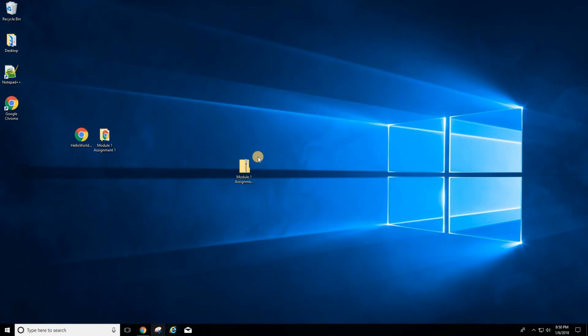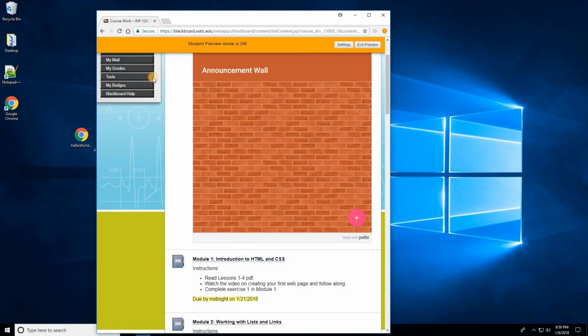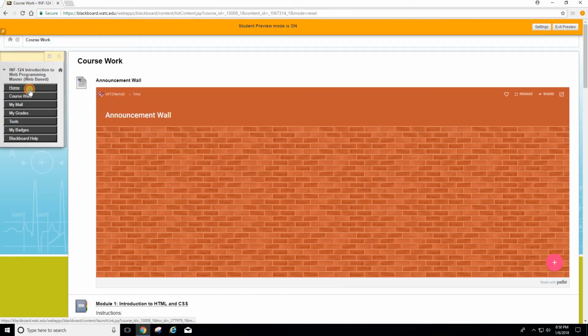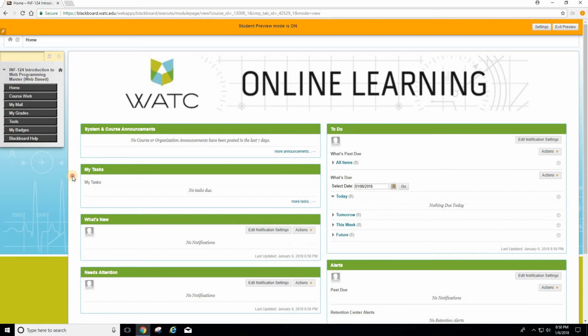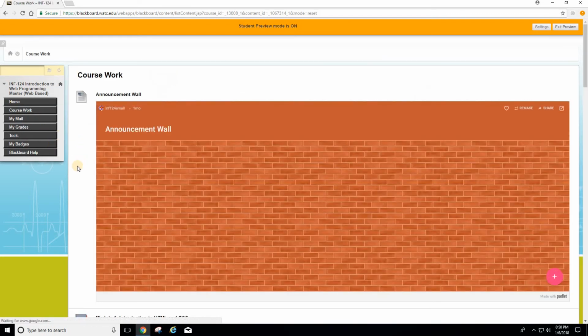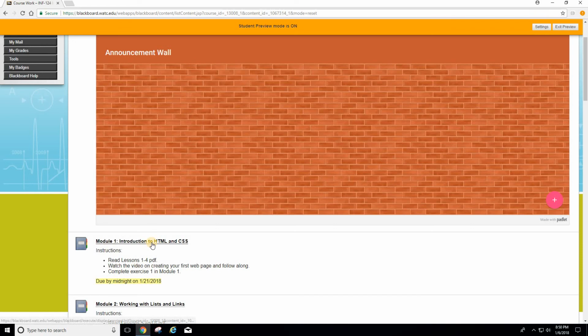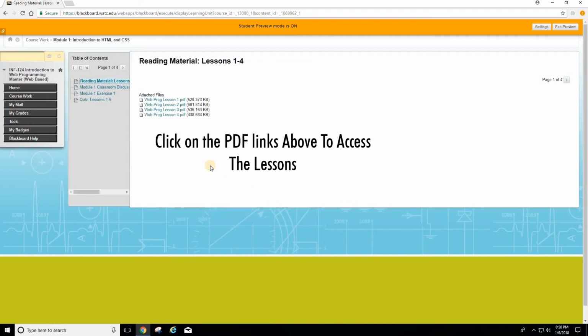Now, once we have done that, we will log into Blackboard. Once we are logged into Blackboard, we will go to our Intro to Web Programming class. We will then click on the coursework. We will scroll down to Module 1, Intro to HTML and CSS. Once you click on that, you will then go down to Module 1, Exercise 1,